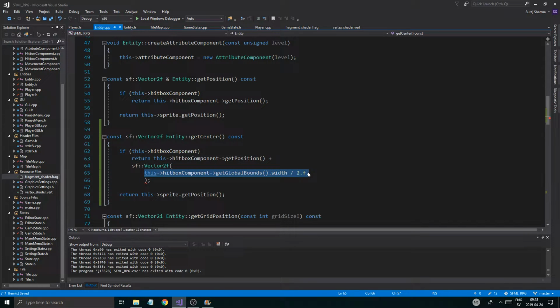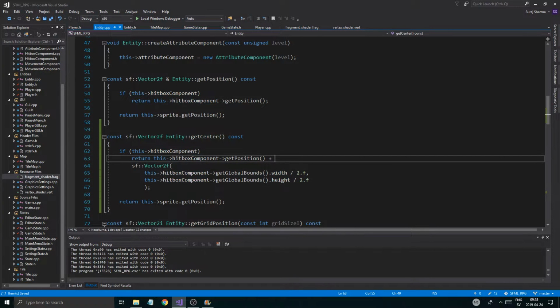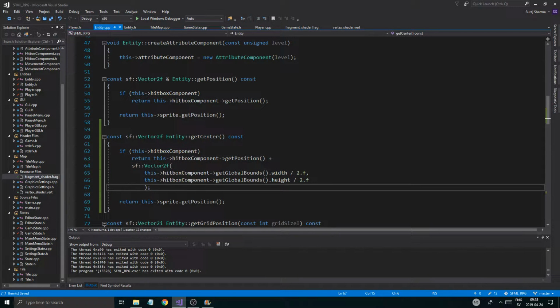And then we're just going to copy this whole thing again. Put it right below. Remove the little comma there. And then height. So pretty much we're taking the position, adding it with half of the size of the hitbox component. So that will give us the center position. Okay? But if we don't have